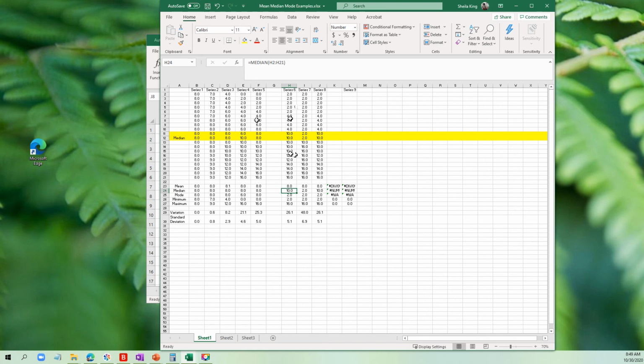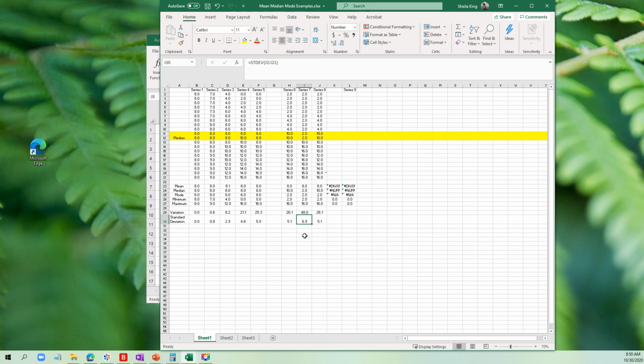So this is where you're starting to see where the average doesn't really describe the data, right? Because I have half of my data is 4 and below. So that's why we need to talk more about these other ways of looking at the data. And the same thing is true here, right? So this one I have all 2s all the way up to here. My average is still 8, so it doesn't describe my data very well. Median is 2, mode is 2, right? And max, right? But you can see that I'm starting to get higher and higher variation, or higher and higher standard deviation. Okay,